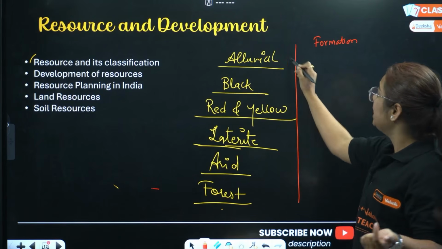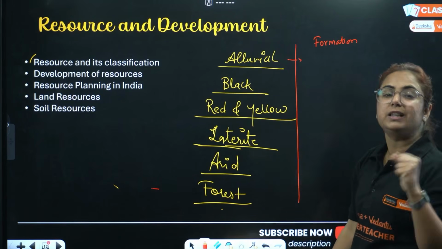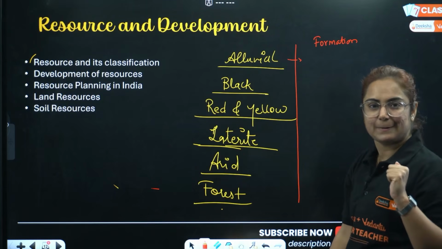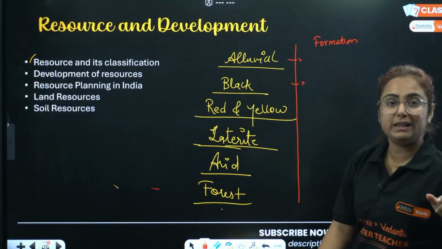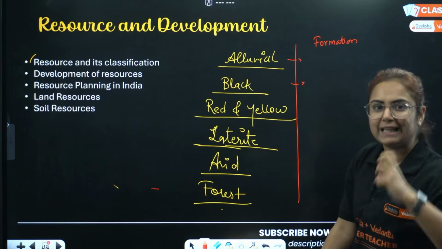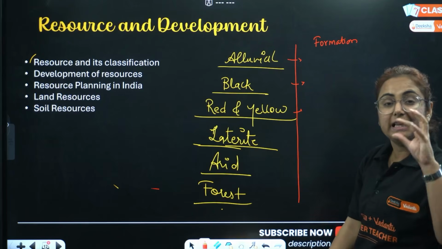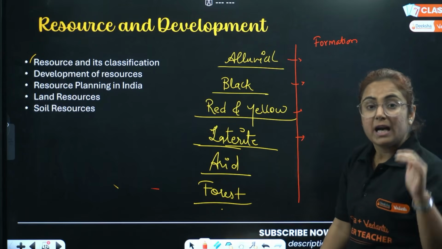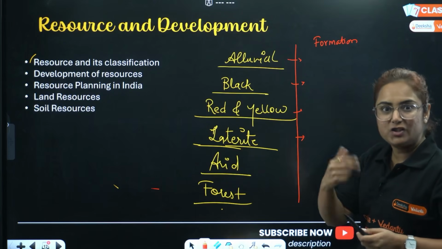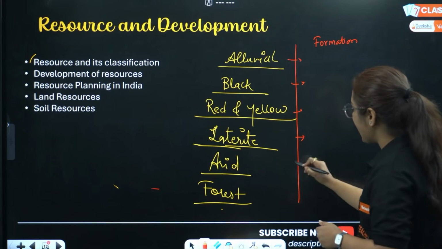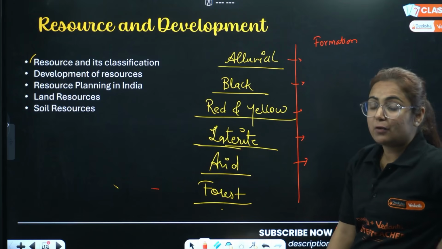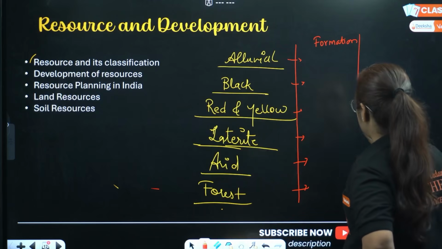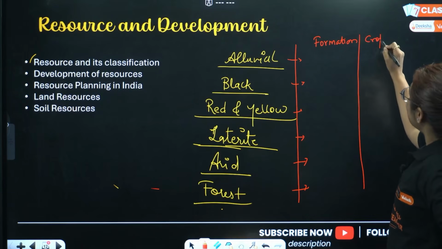Alluvial soil is formed because of the deposition of sediments brought by the three major rivers, Ganga, Brahmaputra and Indus. Black soil is formed by igneous rock formed out of volcanic eruption. Then red and yellow soils are from igneous crystalline rocks. Then laterite soil: how is it formed? Because of intense rainfall, the leaching process is done, and the topsoil flows away. Arid soil, how is it formed? It is formed in the sandy region with less rainfall, and this is it. That is the formation. Next, crops grown in this type of soil.